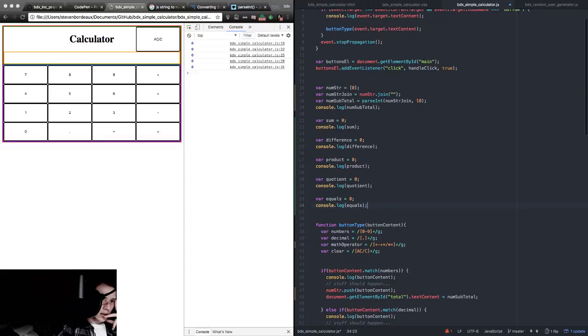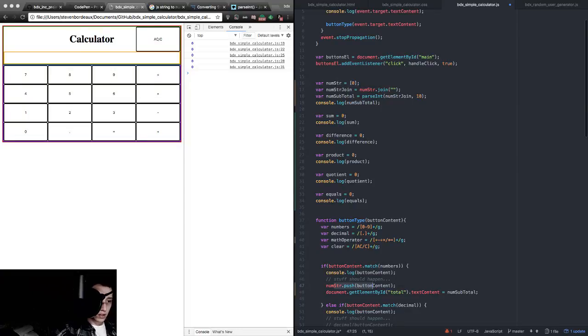So that's an array because we were pushing things to it. And we'd push numbers like so, comma 1, comma 2, comma 3, and then we'd take that string, we'd join them all together, which turns it into 0, 1, 2, 3, its value, but then we parse it to become 123, like so. And that's what gets displayed here. So 123